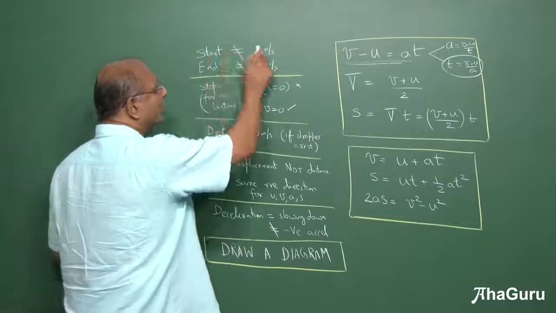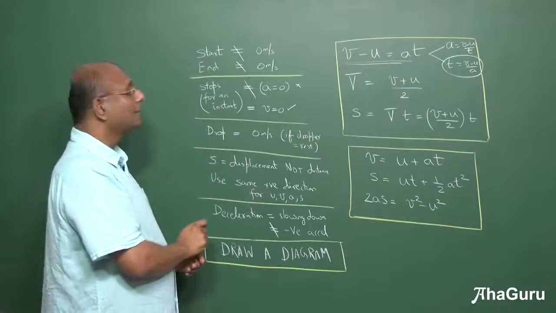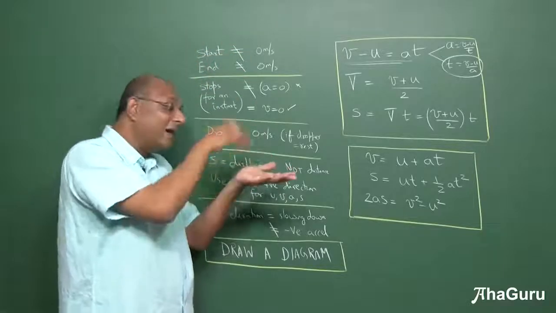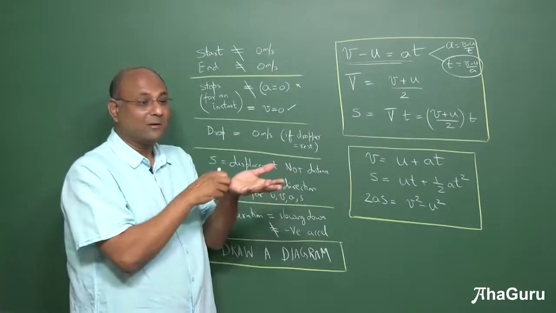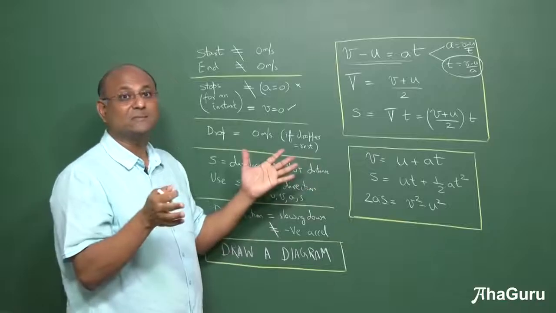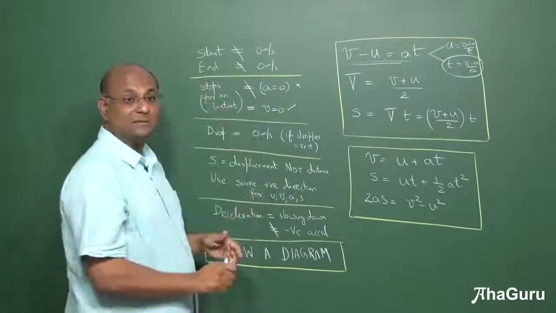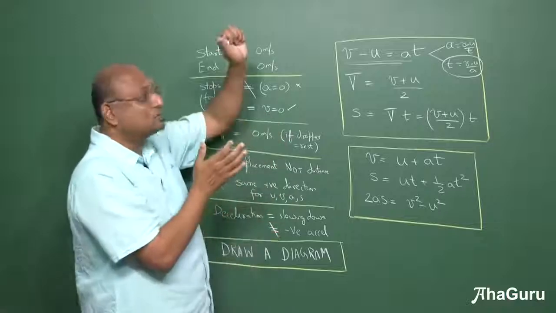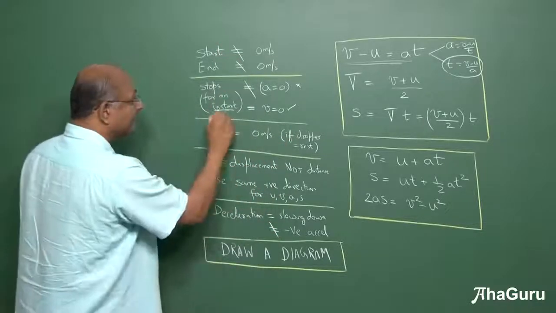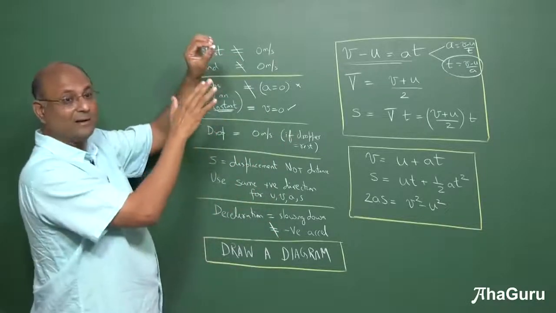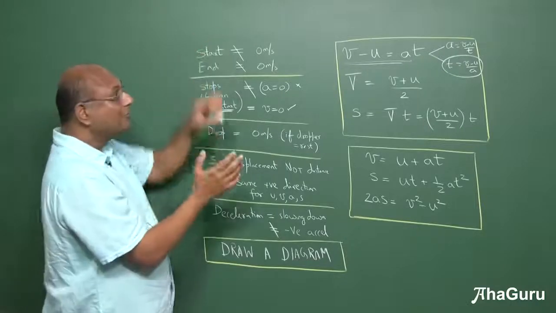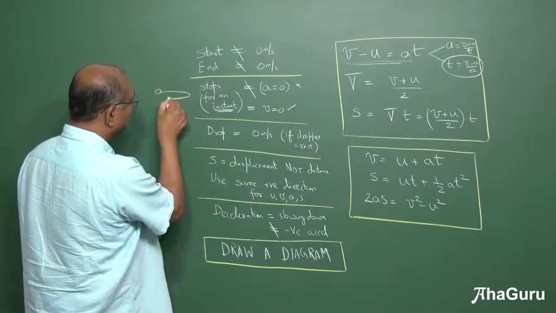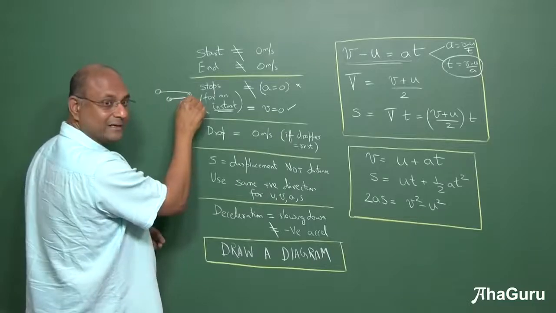So start does not mean 0 meters per second. End does not mean 0 meters per second. Something comes and stops. After it has stopped, it is 0 meters per second. But while it is sitting, it is not 0 meters per second. Okay? So end does not mean 0 meters per second. Sometimes objects stop, like this chalk piece goes up, stops for an instant. It doesn't stop there forever. If it stops there forever, then it will remain there. But it goes up, stops and comes back. So if it stops for an instant, like for example, this place, it stops for an instant.